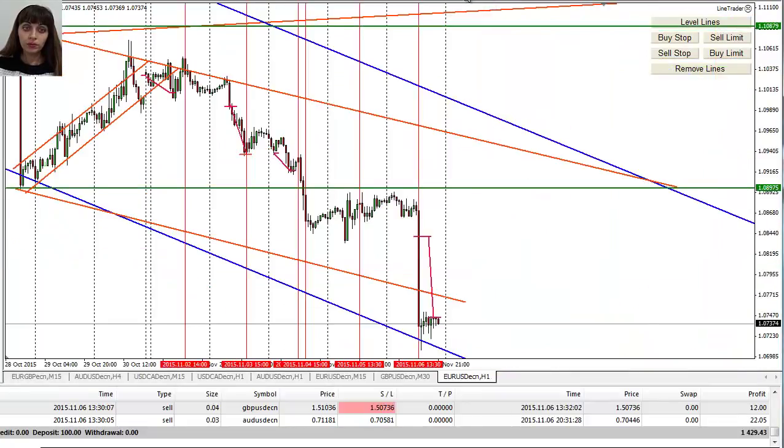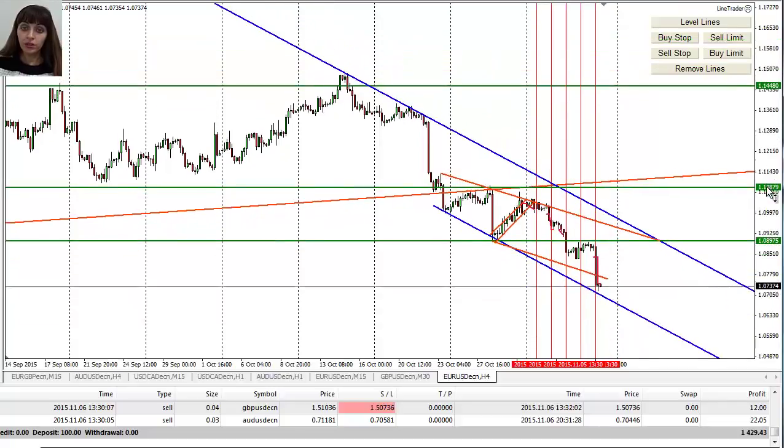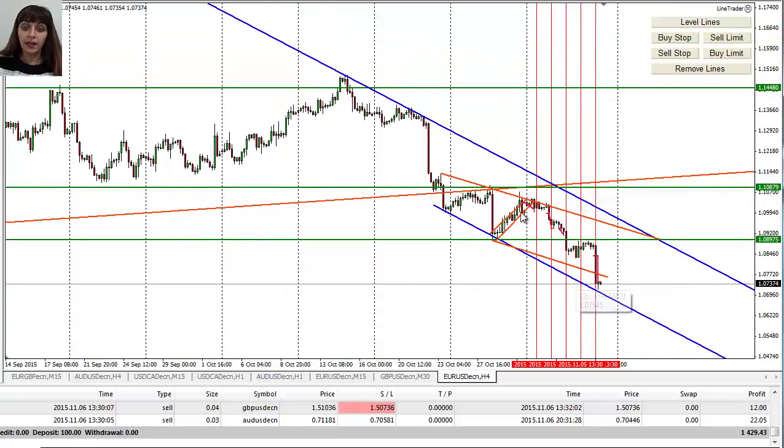So I'm going to the 4 hour chart because it's easier to see, a bit clearer picture. Remember when I was showing at the beginning that I saw these kinds of levels which look like a triangle, so I was thinking that the market would be moving around this area, and it depends on what news. Will it continue down, or maybe it will walk inside it until Friday, because on Friday we're expecting the major news. And as I predicted, the market would not break our main trend channel, and you can see that didn't happen. But the market didn't create a triangle, so that's all right.